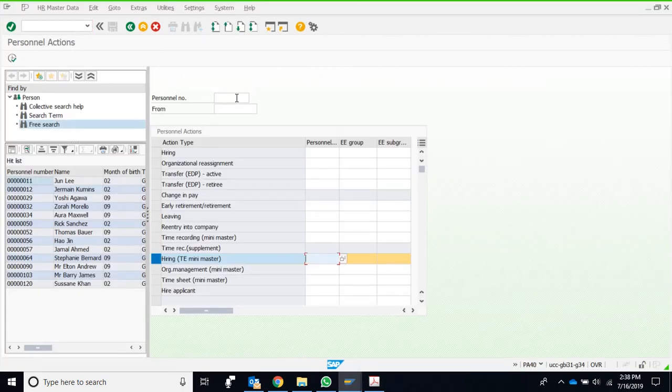First of all, we need to make sure that the personal number is empty, because if the personal number is already there, then the hiring won't make sense, and the system will take you to change the data of some employee whose personal number is there. So make sure that the personal number is blank. This is the personal area, this is the employee group, this is the employee subgroup. We can call them from F4 as well, and we just press enter so that the system reads them,